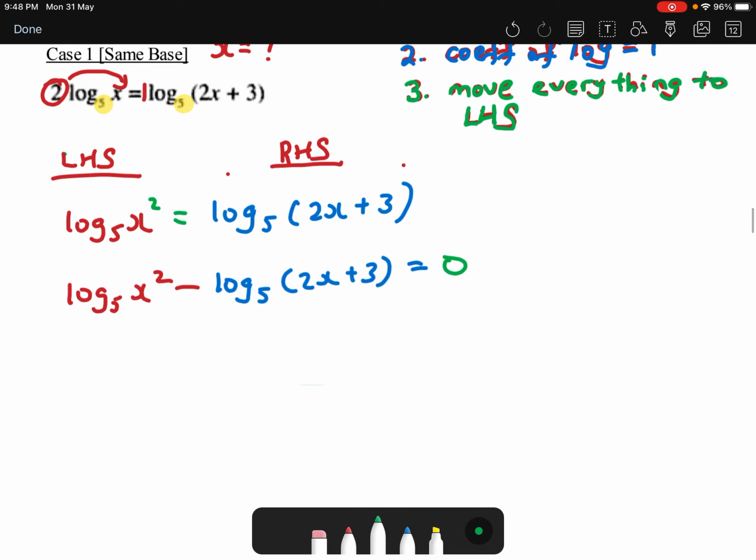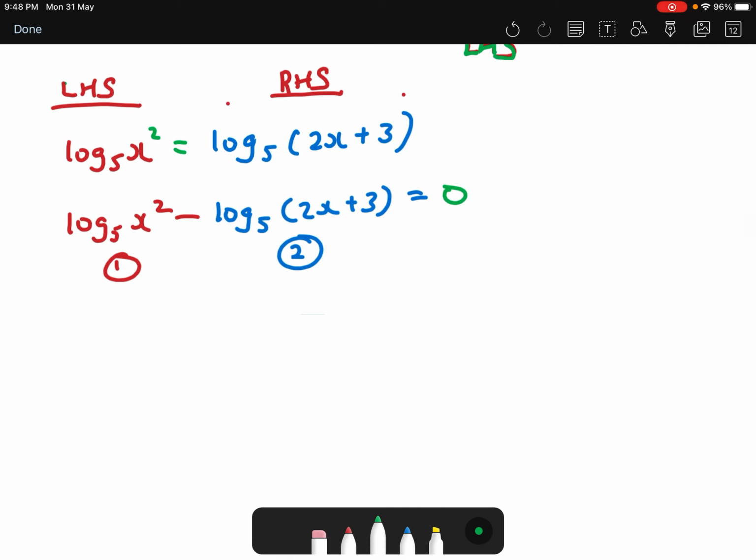Okay, so the fourth step is to combine both terms, because we got 2 terms, the first term and the second term. We try to combine these 2 terms into just 1 term using our law number 2, where minus is equal to divide. So step number 4, combine. Log base 5, when I combine, minus is just divide, so put a bracket, x squared over (2x + 3)